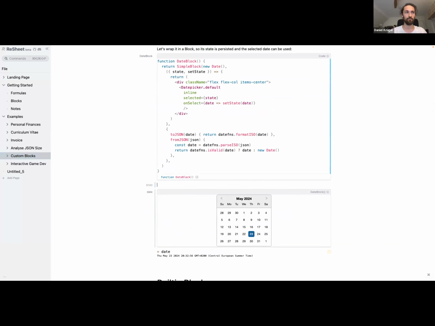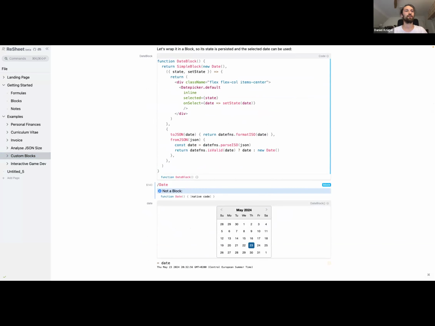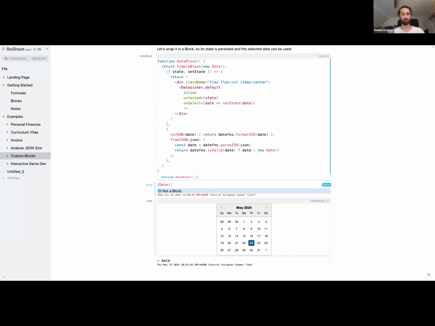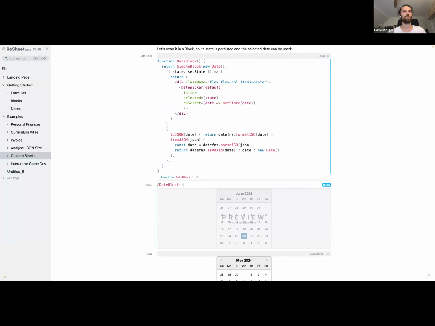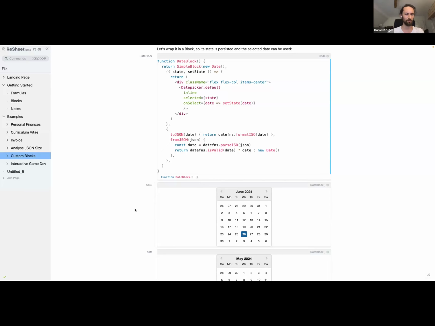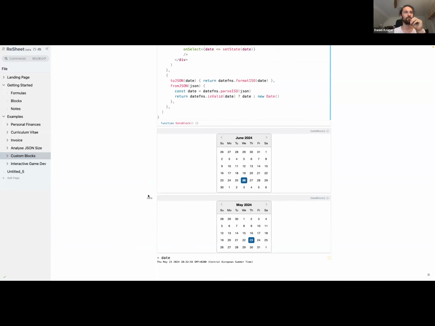created by typing this here. And here is the block. Now I can use the value from this thing and do something with that. If I change it here, you can see below that the value of the date updates.